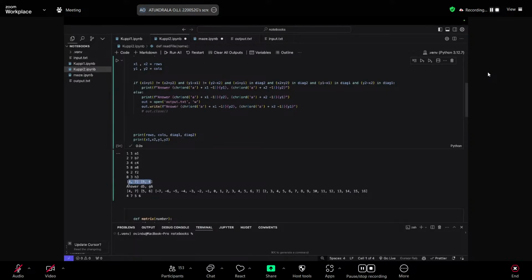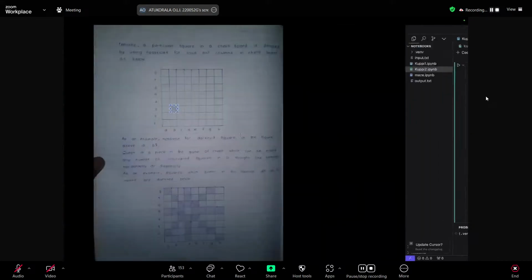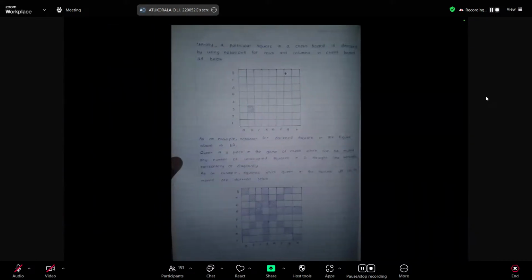So now we have to figure out how we are going to choose 2 out of these 4 positions, right? So does anyone have any idea how we can choose from these 4 positions, how we can choose 2? So obviously, I will understand that we have to select from the diagonal, right? We have to see which squares are attacked diagonally as well. So that is something I didn't check yet.